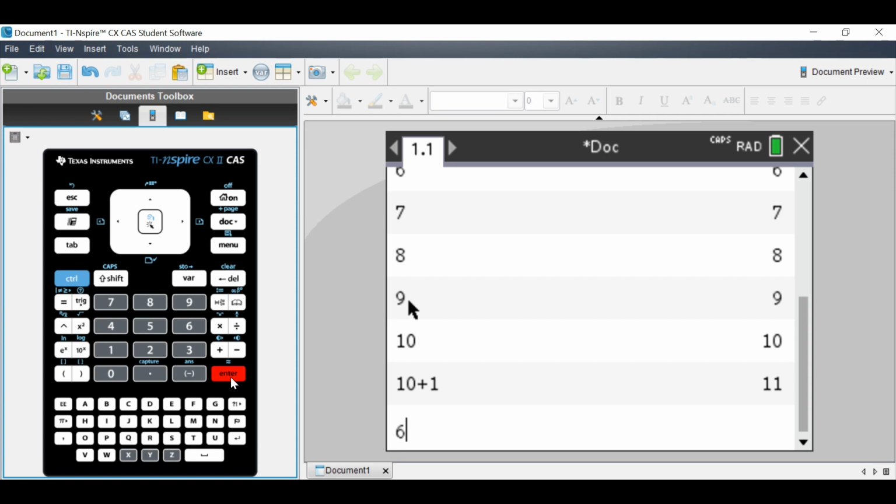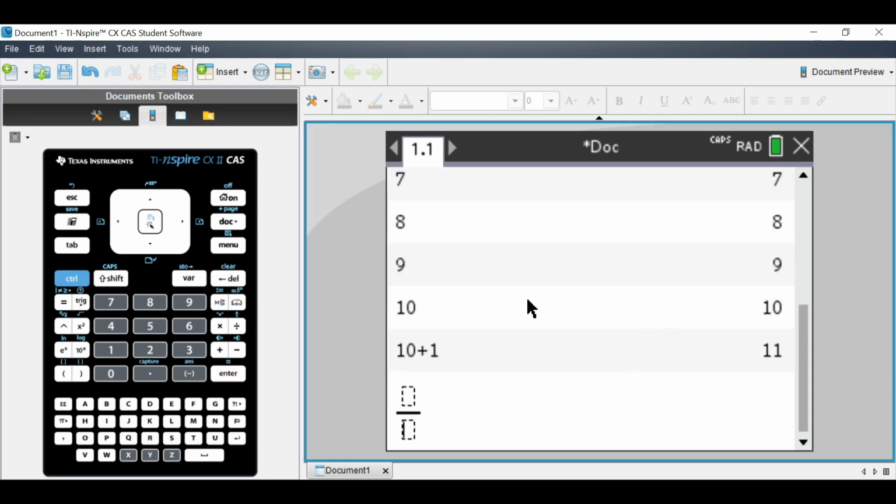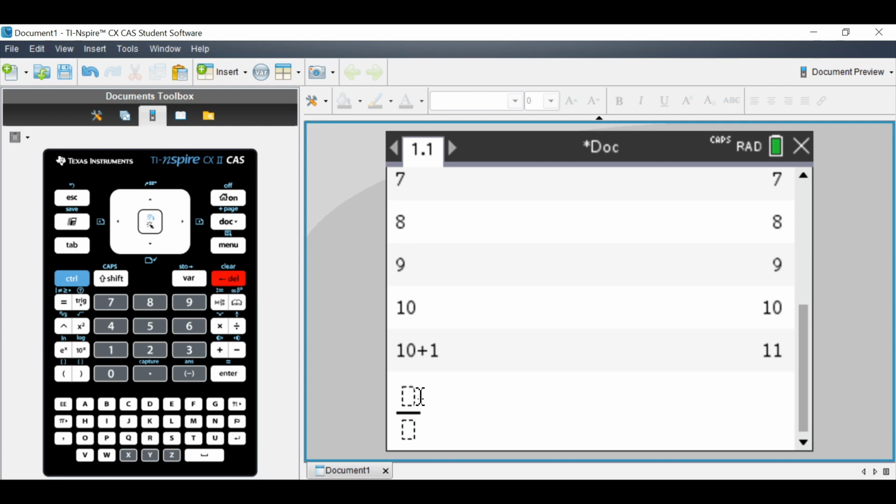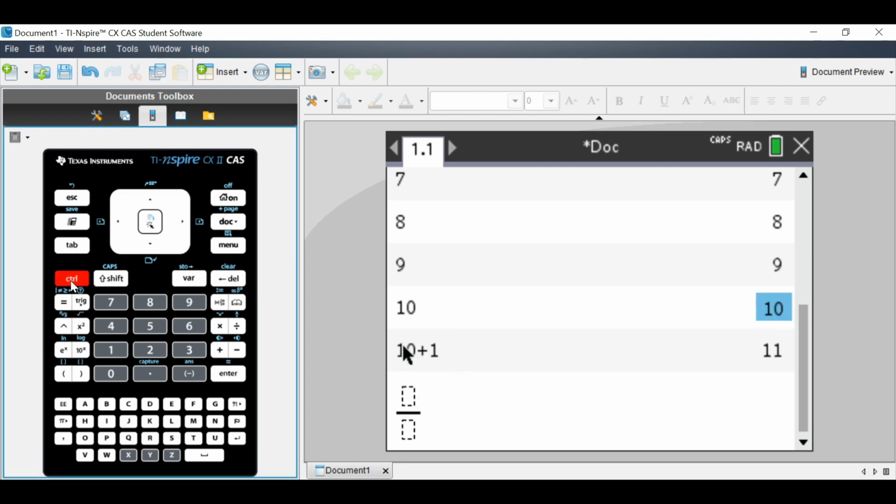Now, an important thing to note about this Enter feature is that it will copy and paste what you highlighted to where your pointer last is before it leaves the current line. So what I mean by that is, suppose you want to copy this 10 and paste it here, right? If you just click Enter, it'll be here instead of here, because that is where your pointer last leaves this line. Therefore, in this case, I think the best way is to just use Control C and Control V